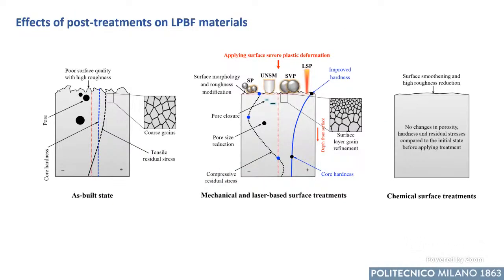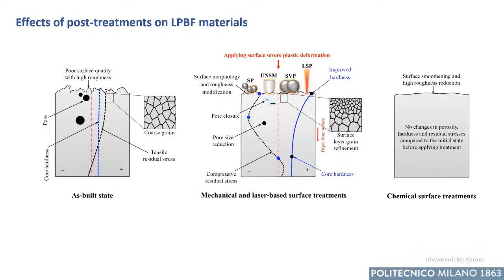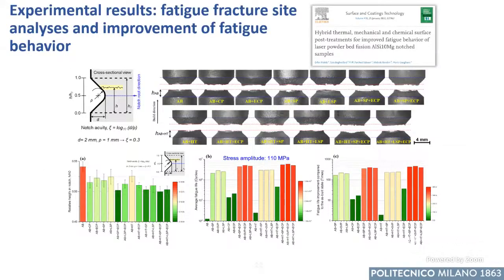And what do we want to obtain? Starting from this situation full of defects, close to the surface or on the surface, with pores, by means of one of these mechanical treatments, we want to achieve compressive residual stresses, improved and increased hardness, and also surface grain refinement, a graded structure. And then by means of chemical polishing or electrochemical polishing, we improve the quality of the surface, to reduce the roughness. And this is briefly the result that